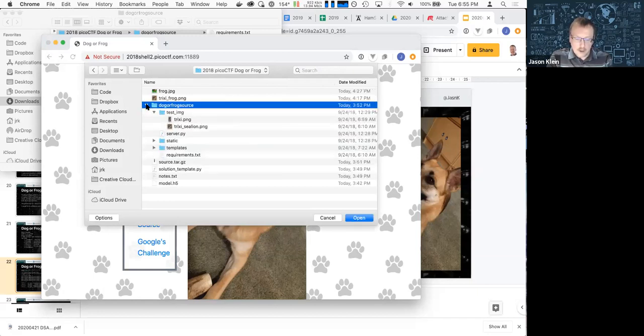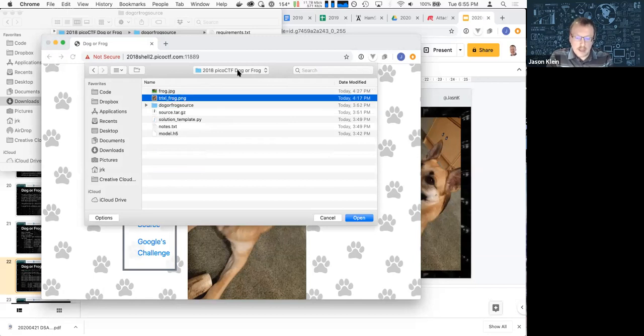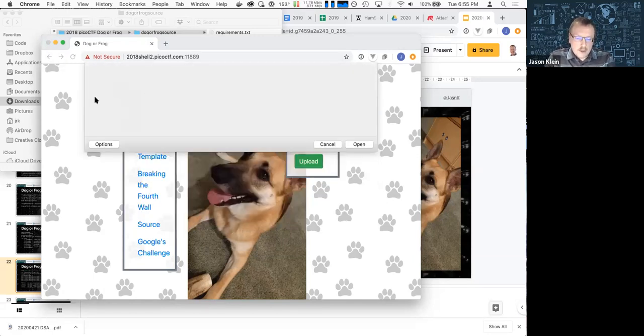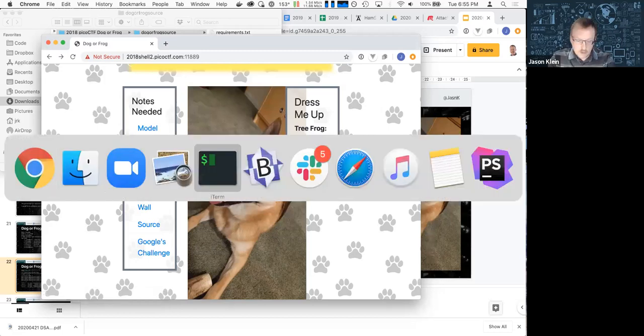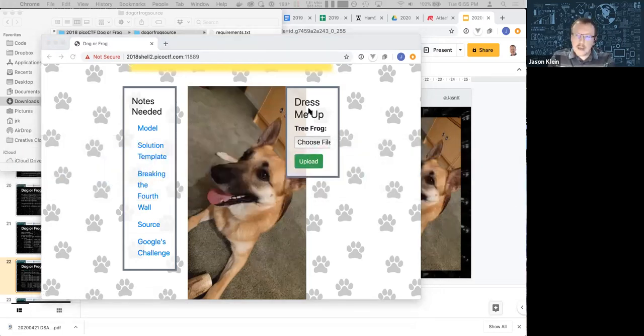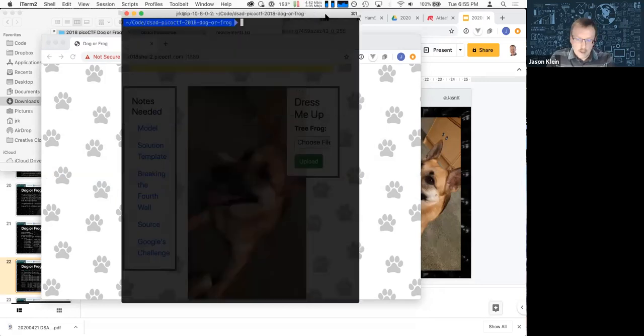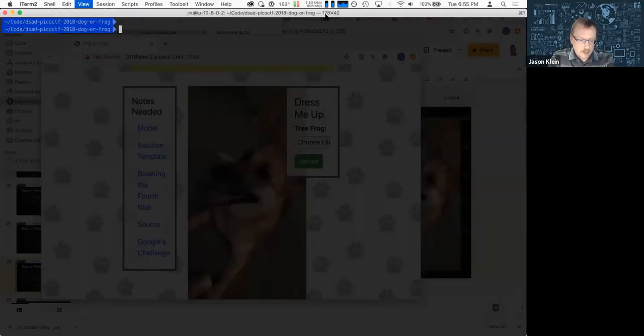I thought I had some other images here, but maybe not. But they give you a starting point, and I'm going to switch over to my code. Let me zoom in here. Hopefully this is legible. Uh-oh.